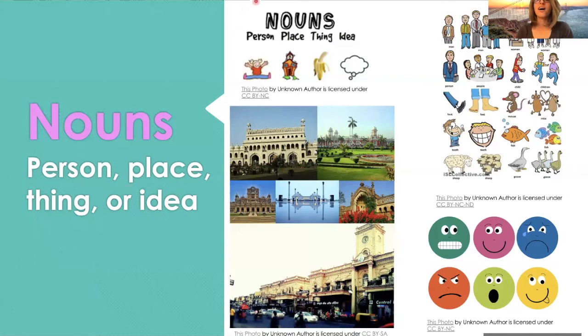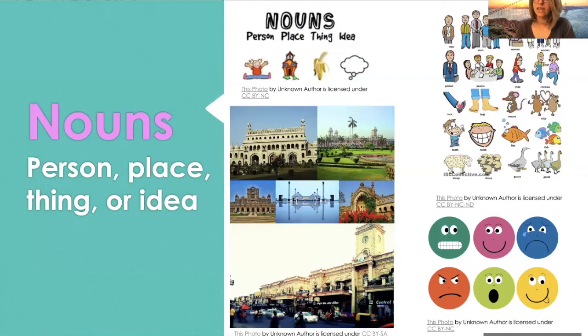Nouns are a person, place, thing, or idea. This is a person, this is a place, this is a thing, and ideas are what you think. So it can be emotions, it can be other sensations like emotions. These are different places, so all of these are nouns. These are different emotions, so all of these are nouns. These are different